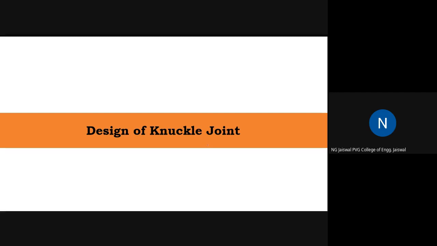Right? I hope you are following these things. This is the only important thing in design, that you must identify types of stresses. First of all, you should know what the types of stresses are, and in a given application, you should understand in which mode the failure can occur. Mode means tensile mode, shear mode, torsional shear mode, direct shear mode, bending mode, etc. If you understand the mode of failure, immediately you can write down the equation of failure equal to force by area. Right? Area you can identify very clearly.